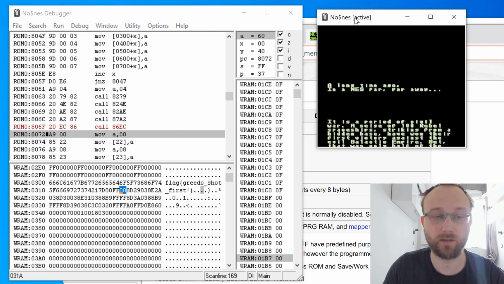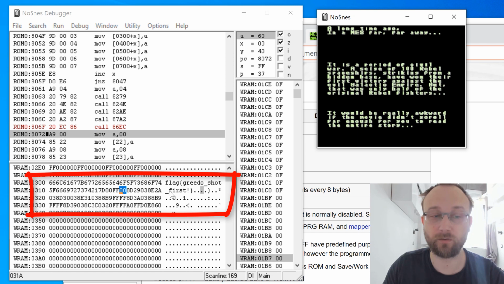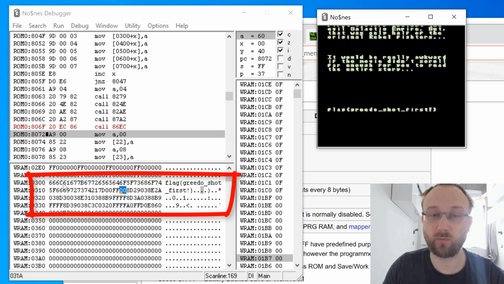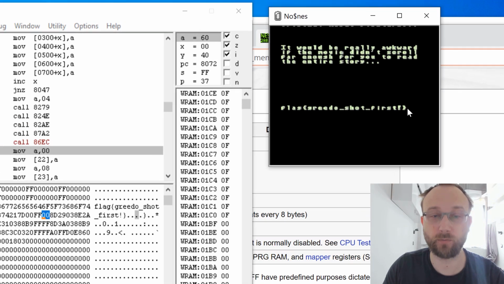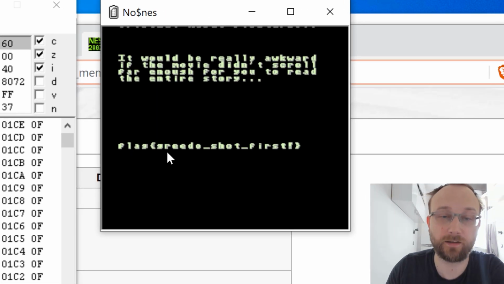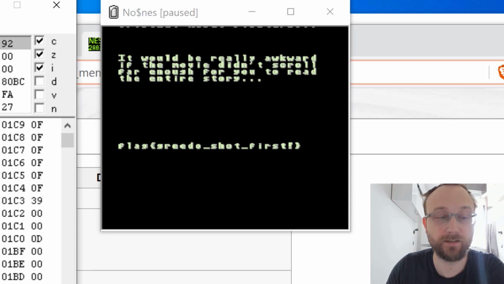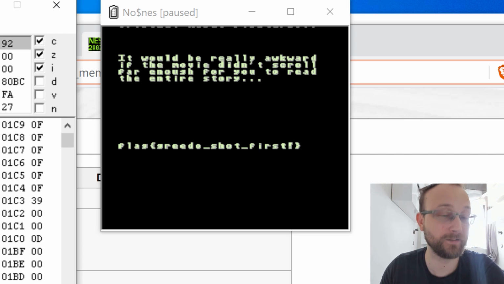So I'm just resuming, and actually you can already see, this was by accident, but we got the flag, and the flag is actually also printed in clear text in the game. So actually when I was doing that, I did not expect to get the flag that soon. I just wanted to modify the bytes just before running the loop that will print this text, but I actually got the flag. So I guess the flag is also